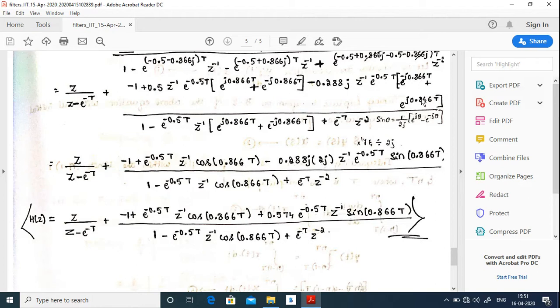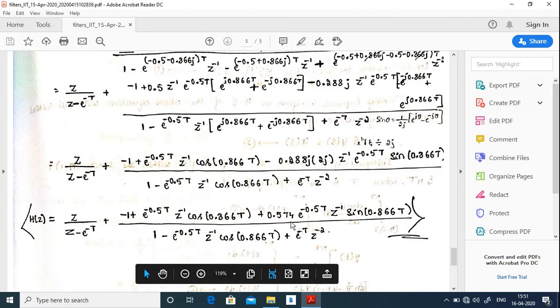Similarly, if you observe, this is of the form e power j theta minus e power minus j theta. So what is sin theta? Sin theta is given by e power j theta minus e power minus j theta by 2j. The term 2j is not here. As a result, I'll multiply and divide by 2j. Now here in the denominator, only for this particular term, we'll get 2j. As a result, this can be written as sine of theta. And since we have multiplied by 2j, I'll keep that as it is, which I'm going to further multiply by this. As a result, I'll get it like this.